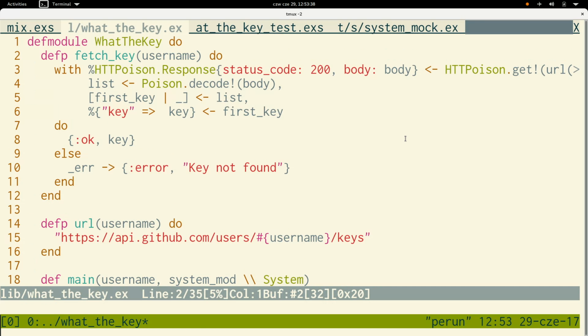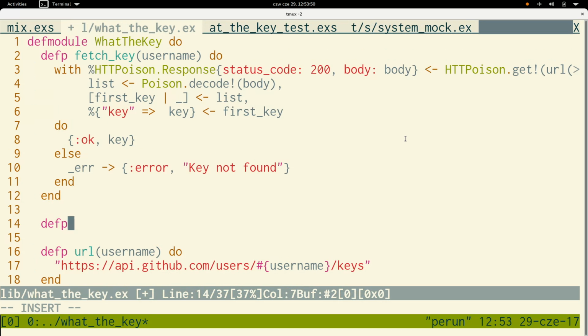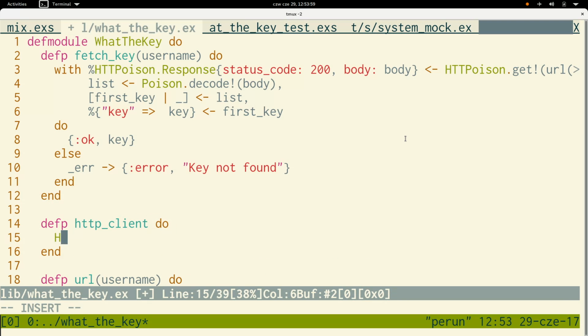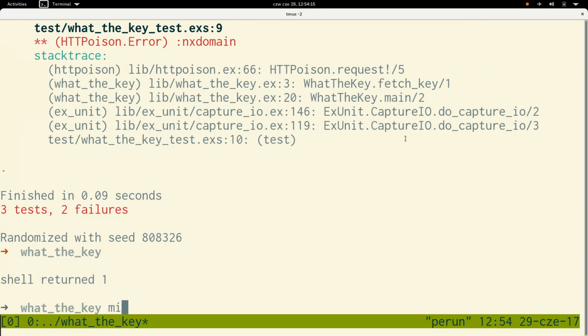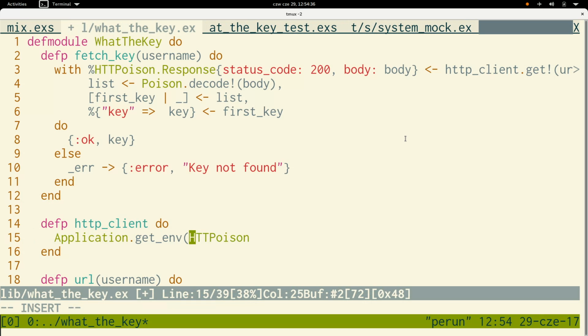Instead, I like to use a custom environment configuration variable. So what I generally would do is create a function that returns this HTTP client, and this is going to be HTTPoison in most cases. So this is our HTTPoison. That should still compile, but the test should fail exactly the same way. So we're specifying this is our HTTP client, it returns HTTPoison. However, in test environment, we want it to be fetched from application environment. So we can use Application.get_env, and this is our